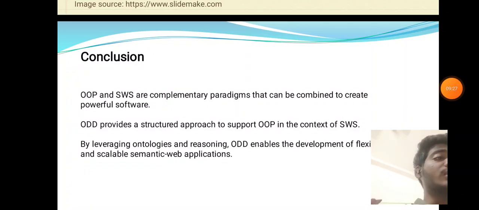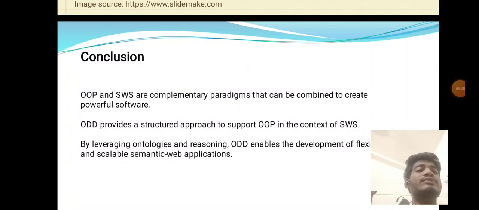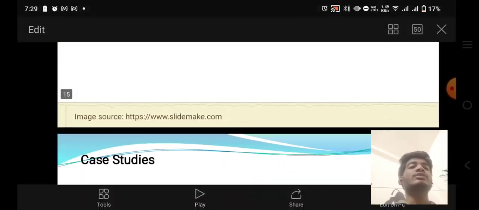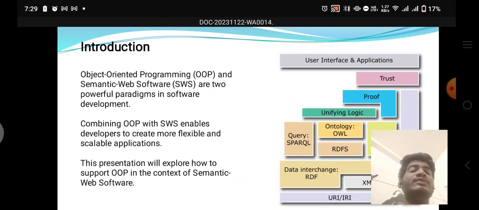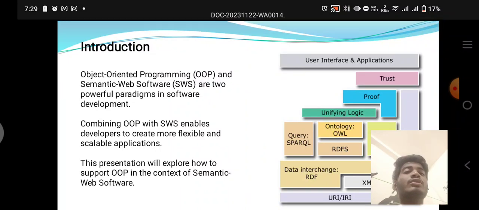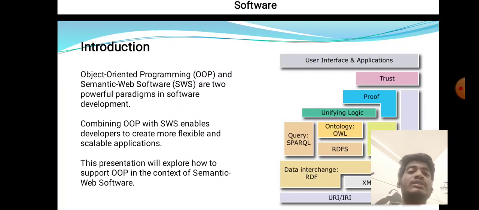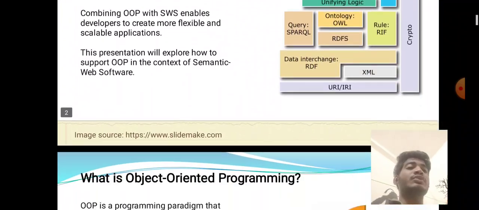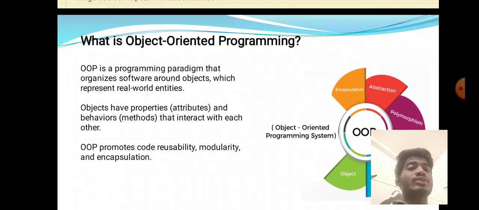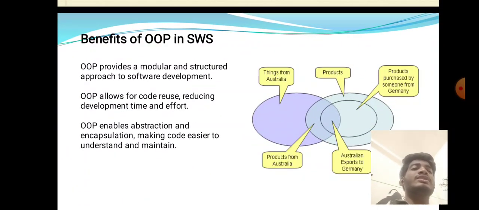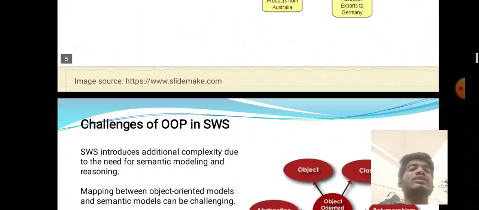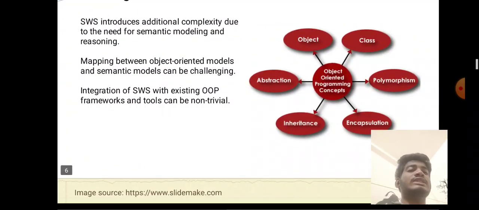Before discussing the conclusion, let's first revise what we have discussed from the beginning. In the first slide, we discussed the introduction, what is OOPS, combining OOPS and SWS, and what we are going to discuss in this presentation. What is OOPS? You know that. And what is semantic web software? It is the extension of the World Wide Web that adds meaning to data for allowing machines to understand and process it. Benefits of OOPS in SWS we have discussed, and we have discussed the challenges of OOPS in SWS, and